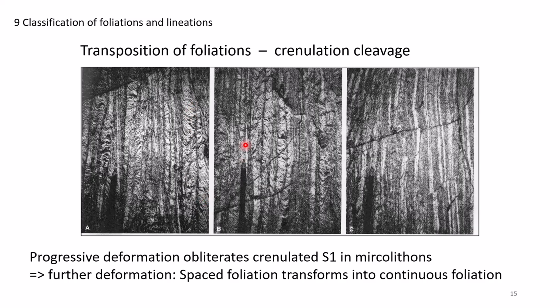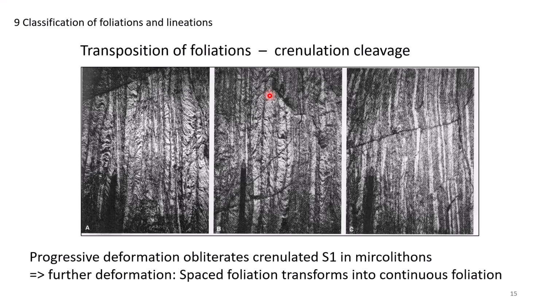In more intensely sheared parts of the same exposure, we see that the domains in which the overprint is prominent are growing in thickness, and still in some parts we see the S1 crenulation that belonged to the first deformation